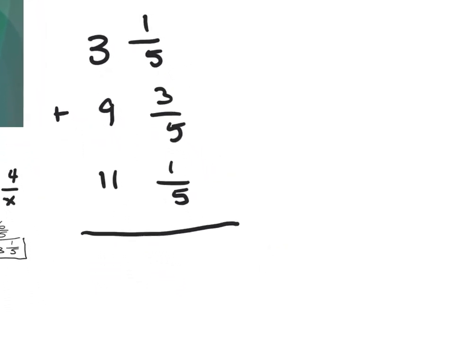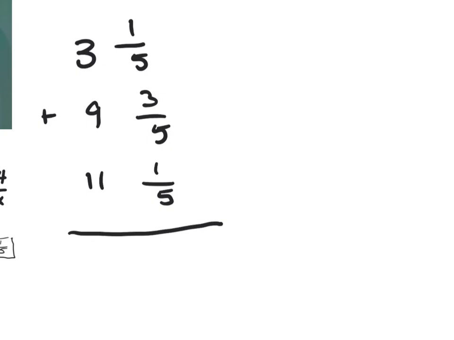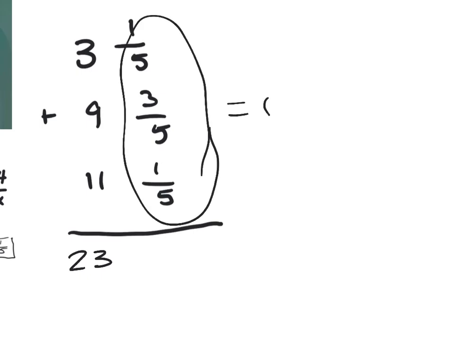Talk to me about adding these, because there is a very easy mistake to make here. Don't worry, it's not a hard problem, but it's just easy to make mistakes because we don't do this that often. Dylan, talk to me. I think it's just easier to add the whole numbers first. Okay. So 9 plus 11 would be 20, and then plus 3 would be 23. Okay. I do it, by the way, totally different than he does, but I don't have anything wrong with what he's doing. You would end up adding the ones on the right, which actually equal 1, and then you just add 1 plus